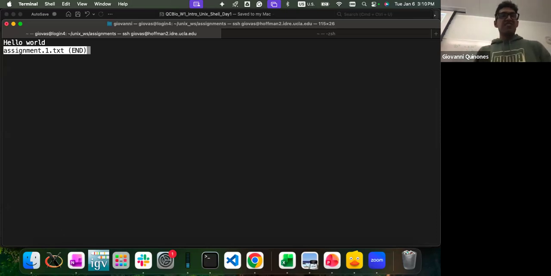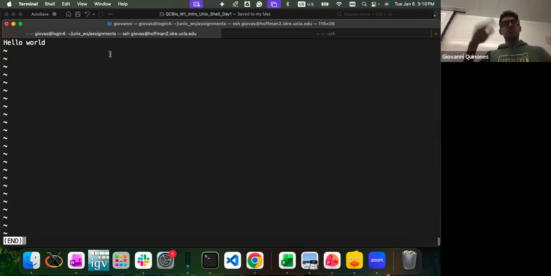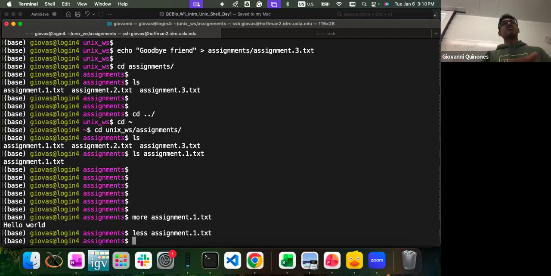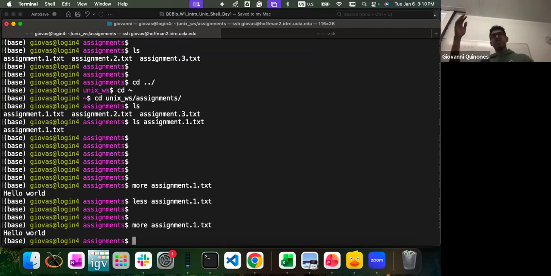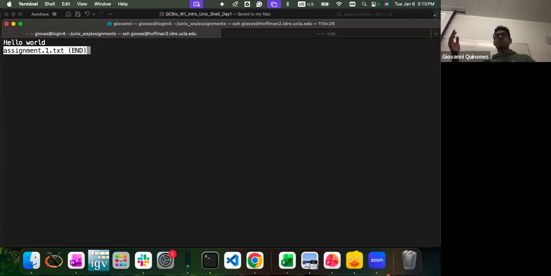So the idea of using the less command is that it takes you into a new screen. Here you can easily scroll back and forth. And when you're tired of reading, you just press Q and you go back to your command line. Okay? So let me repeat that. When I do more, I print everything, all the content right here. When I do less, it takes me into a new screen where I can see the content.